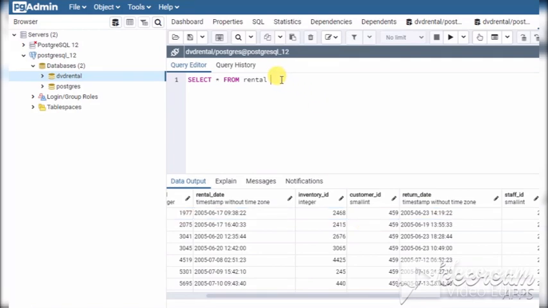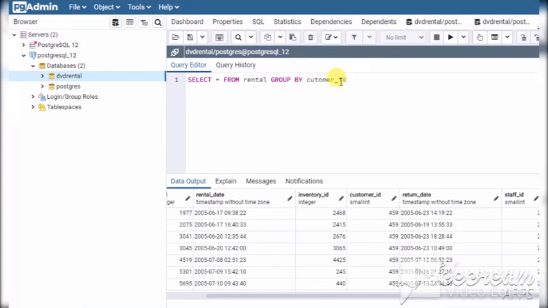If we want to find all those customers and the number of DVDs that have been rented out to them, then we will have to write something like group by customer ID. So this will group the records by customer ID.